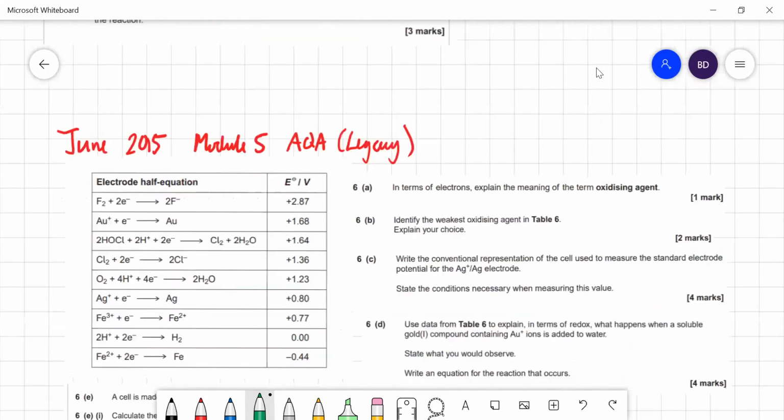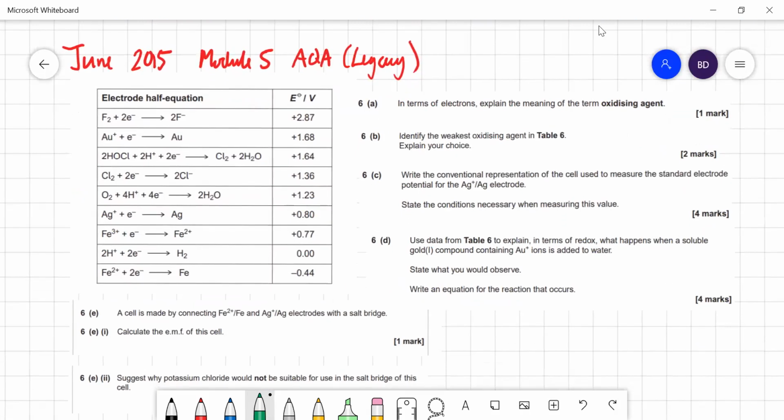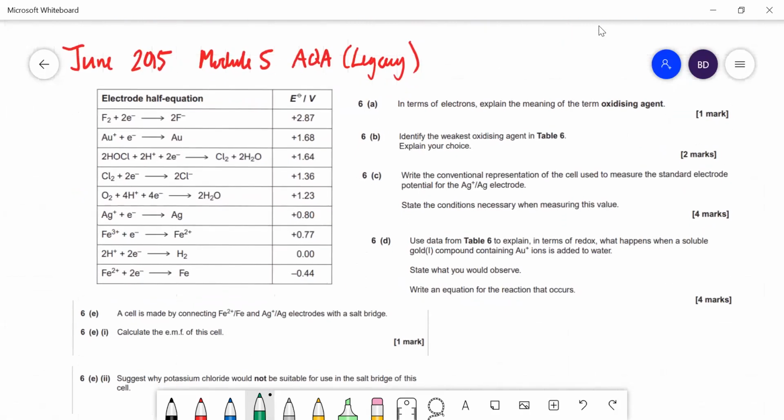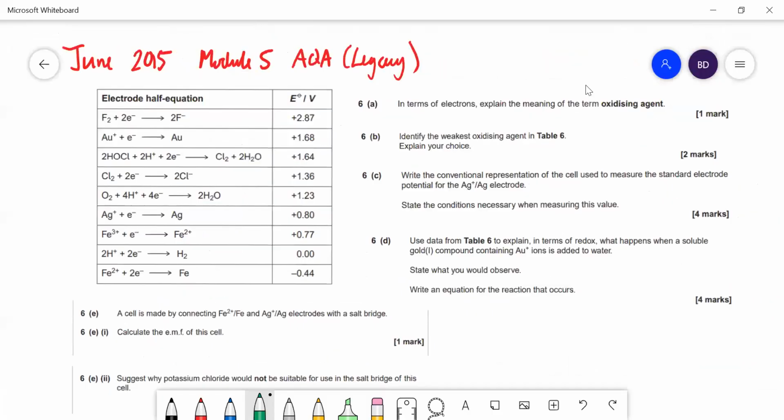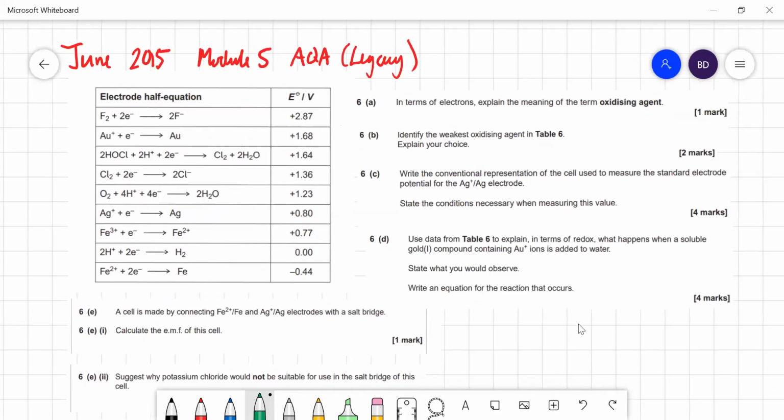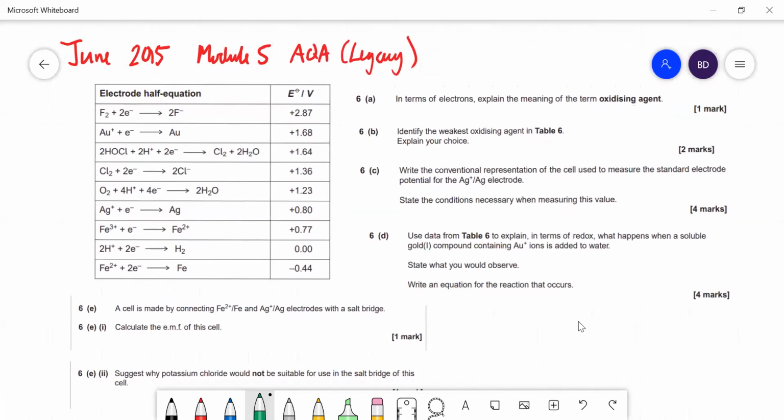Right, this is the 2015 question from the 2015 paper, module 5, and the legacy again, the old spec, where they say similar questions are still on the new specification. Right. Let's look at this 6A then. What is the meaning of the term oxidizing agent? Well, an oxidizing agent is something that accepts electrons